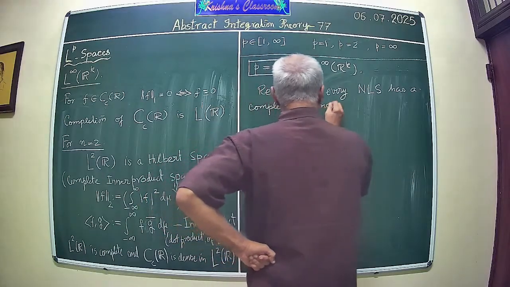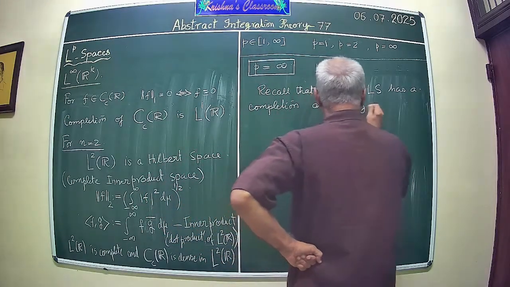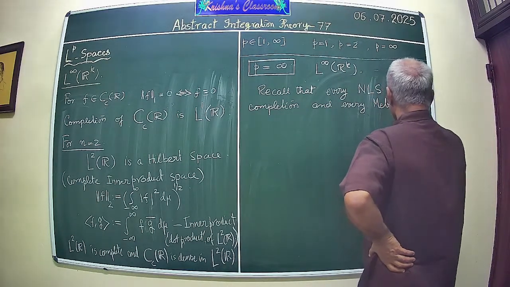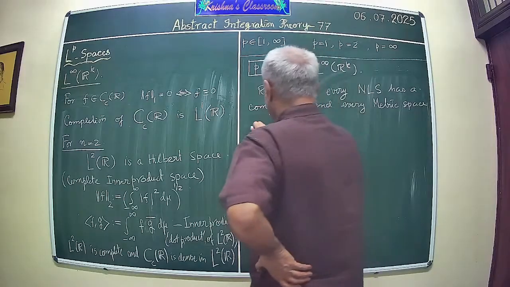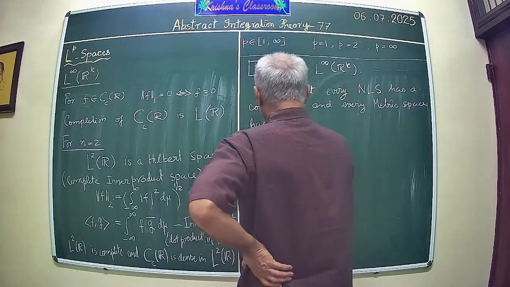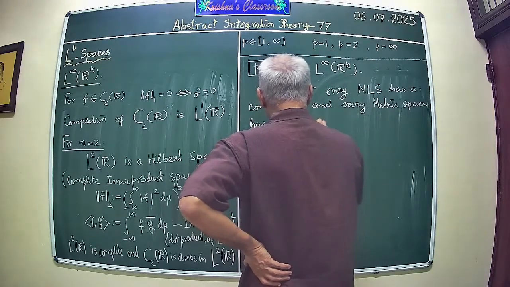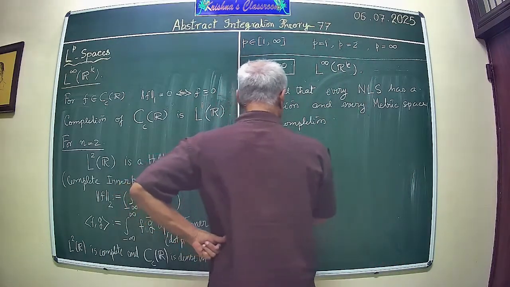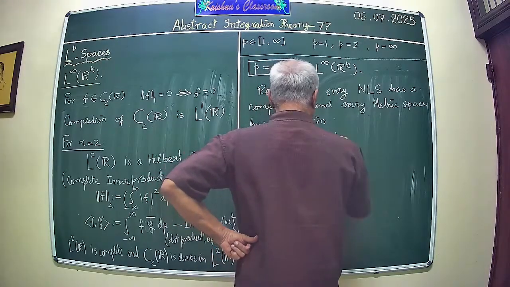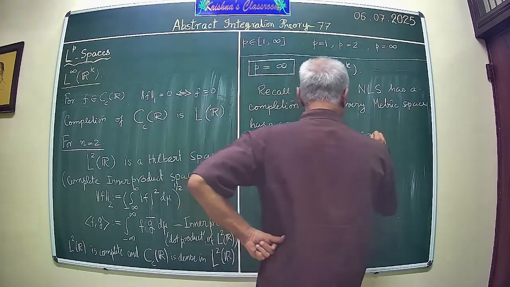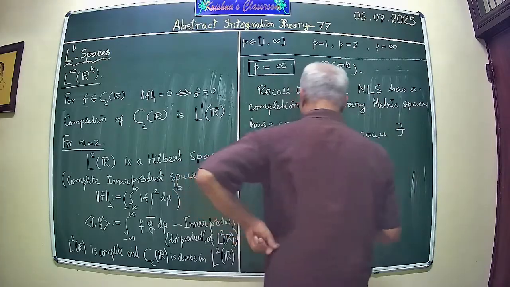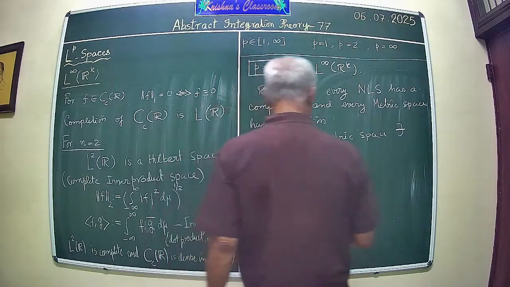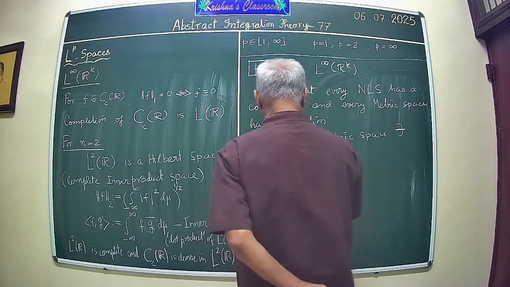And every metric space has a completion. That means if S is a metric space, there exists S star such that